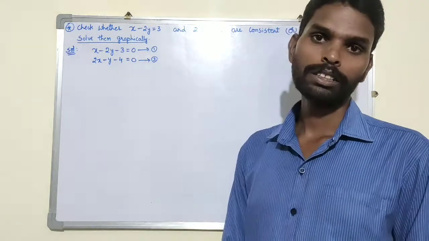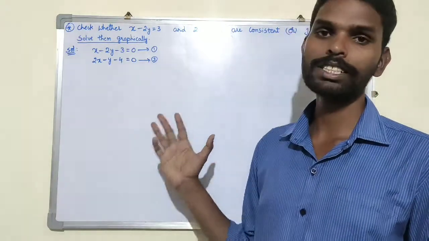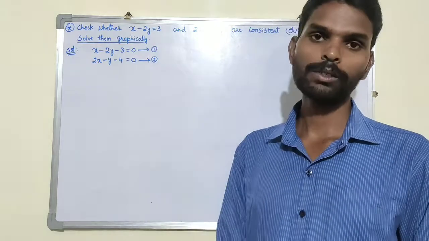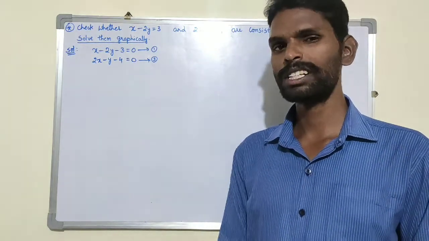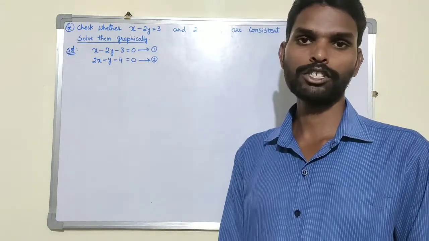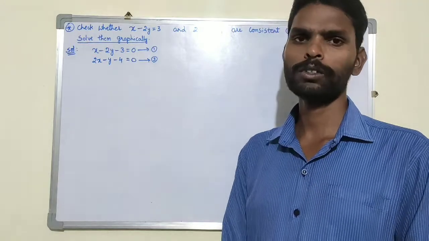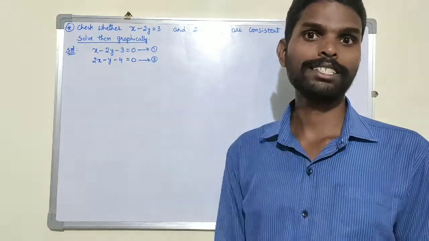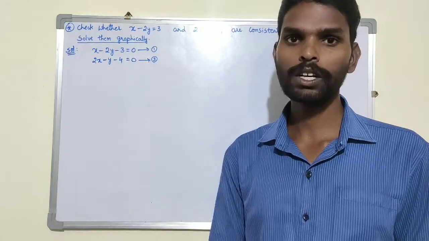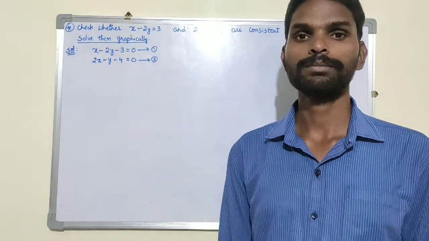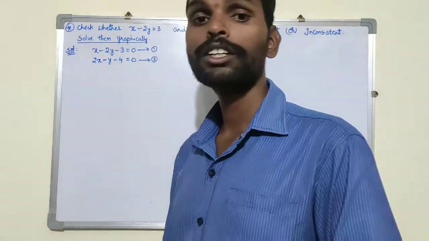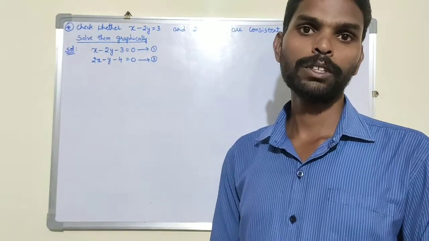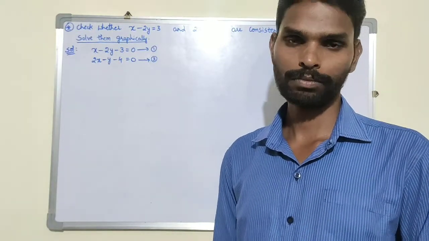So follow that method. The process is: consider equation 1, put x equal to 0, and you will get the y value. So you will get 1 point. Similarly, put y equal to 0 in the same equation, you will get the x value, another point. If I take x equal to 0, I will get a point on the y axis. If I take y equal to 0, I will get a point on the x axis. Whenever you get points on the axes, it is very easy to draw a linear equation.